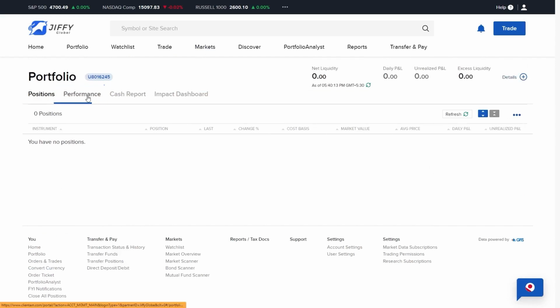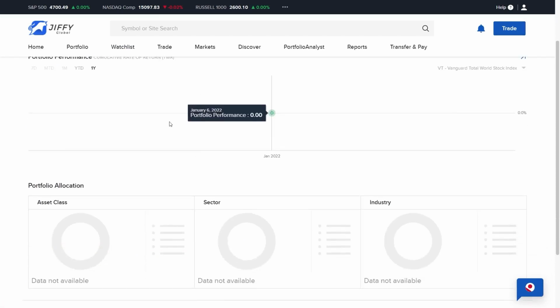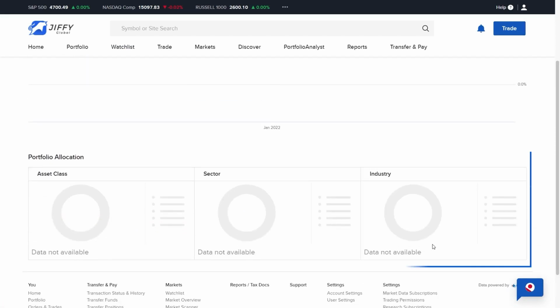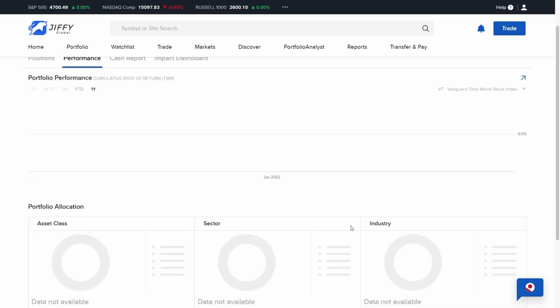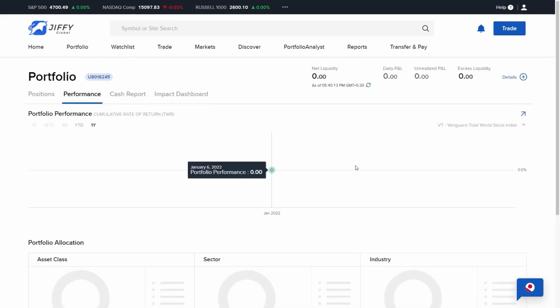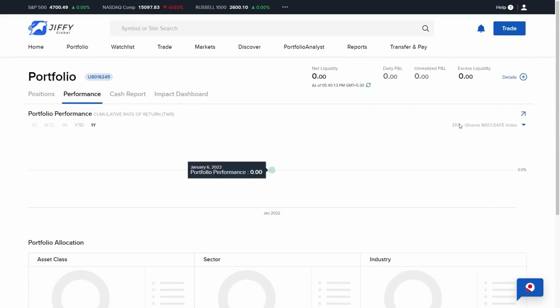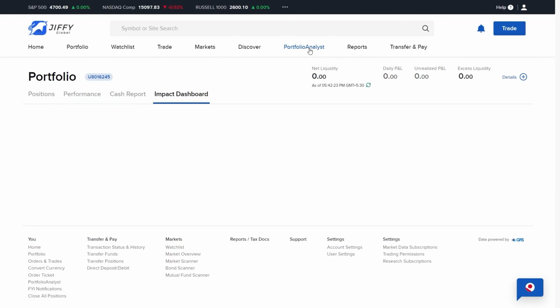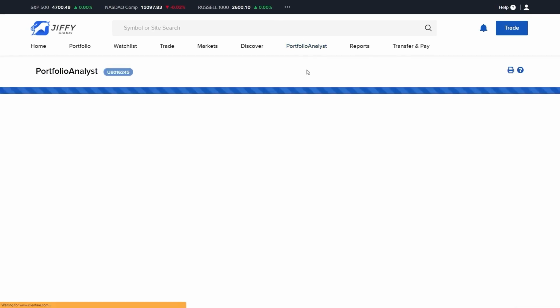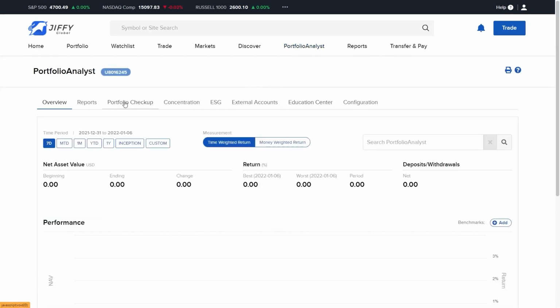The Performance tab will show your portfolio positions, and to the right are the pie charts displaying portfolio allocation between long and short, and you may also drill down by sector and industry. Once again, you may add a benchmark to the main portfolio chart to the left if you wish, and use the links to change the time period on the display. The Impact dashboard allows you to access ESG impact from your portfolio, called ESG Investing.